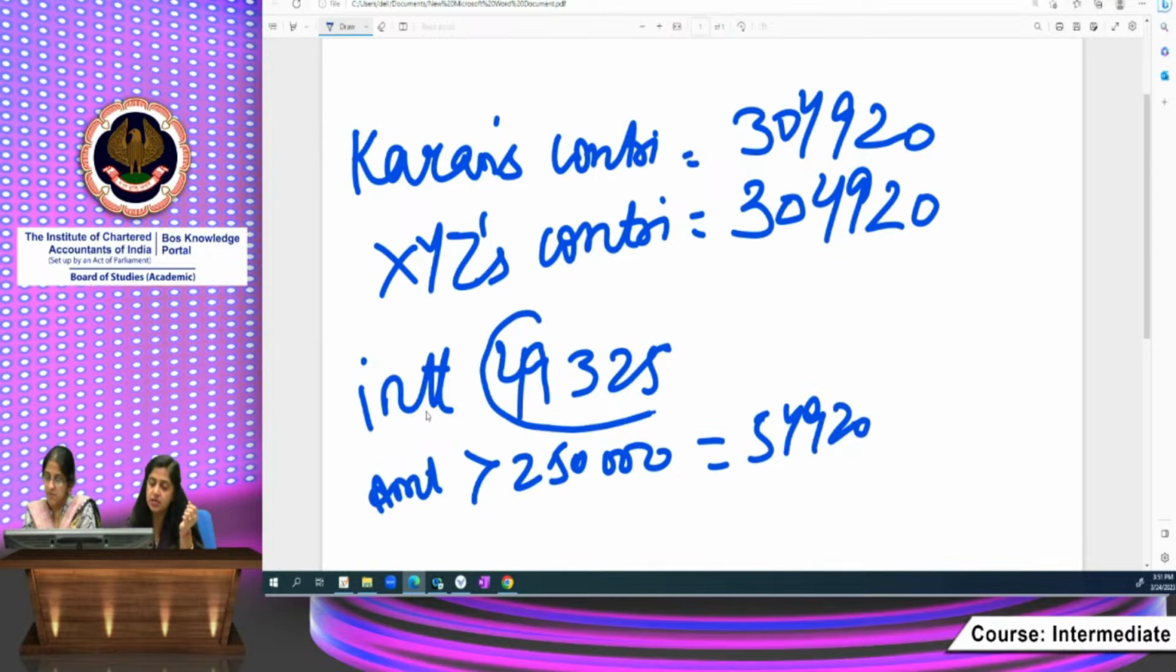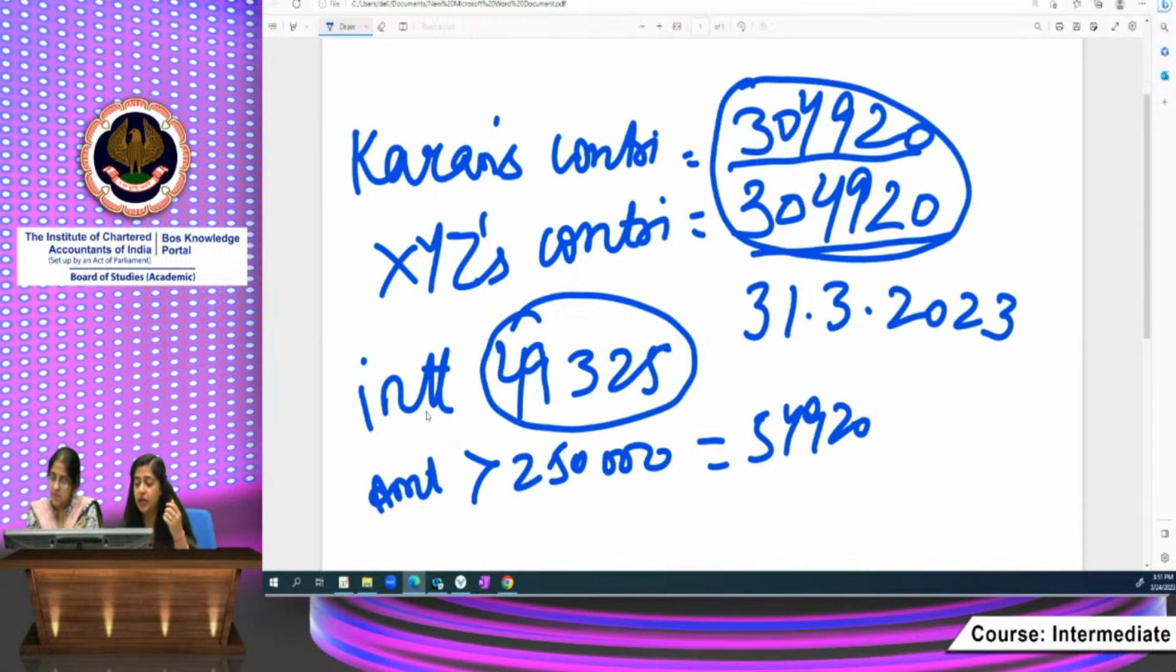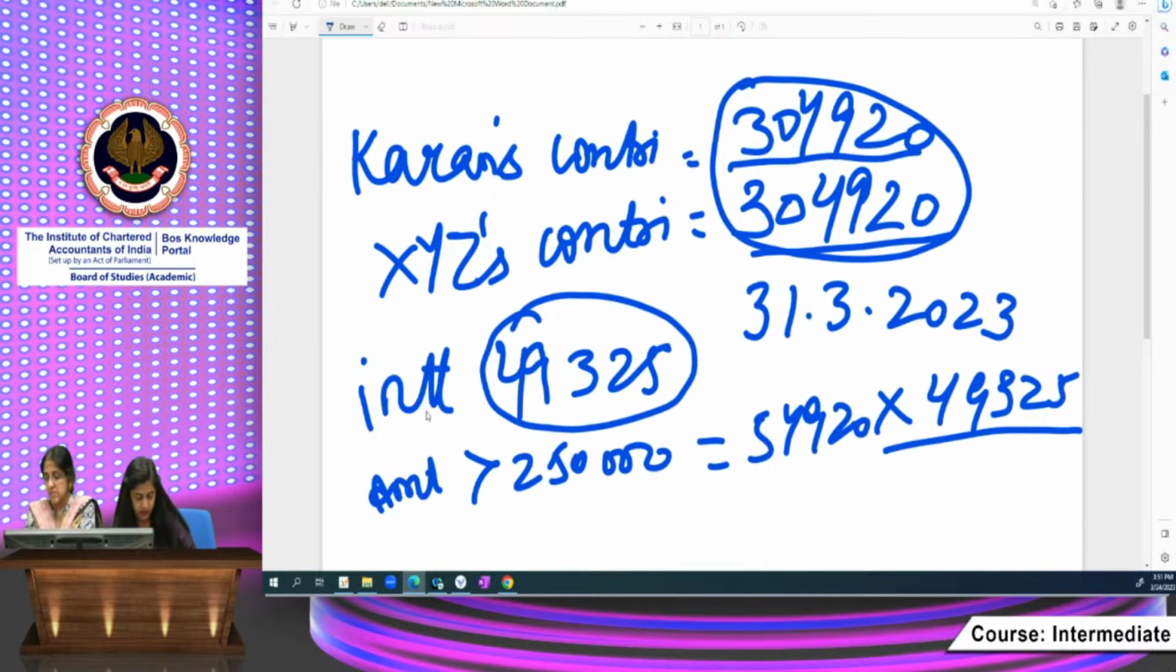This interest is accrued on the total balance in the recognized provident fund as on 31st March 2023. What is the balance in the recognized provident fund on this date? Karan's contribution plus employer contribution, both. So if I have to derive that on this part, what will be the interest into the total interest which is accrued divided by the total contribution made this year, which comes to